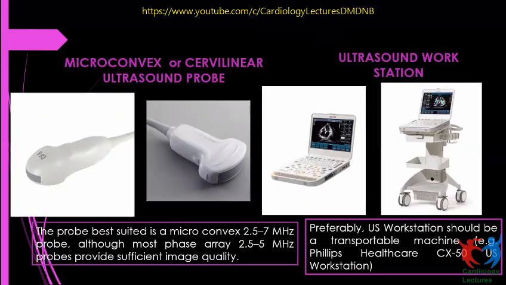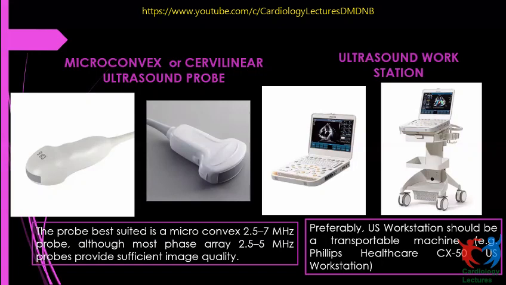So, a microconvex or a curvilinear ultrasound probe and the ultrasound workstation. Usually we prefer an ultrasound workstation which is easily transportable, like the Philips CX50. We can detach that particular workstation from the transport machine and get it into the ICU. So the probe best suited is the microconvex. It has an intermediate frequency of 2.5 to 7 megahertz, and